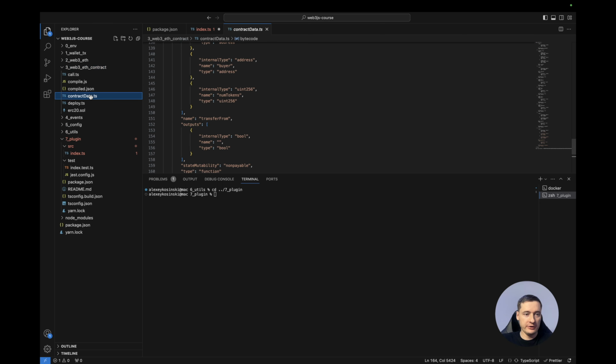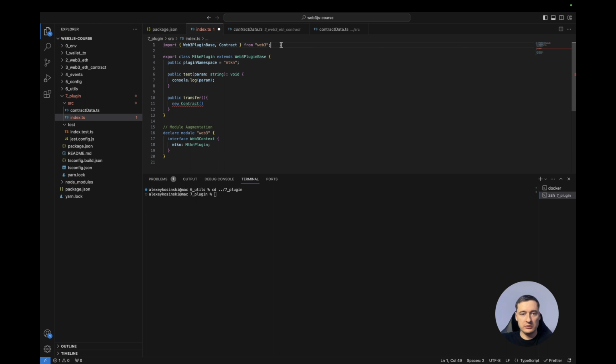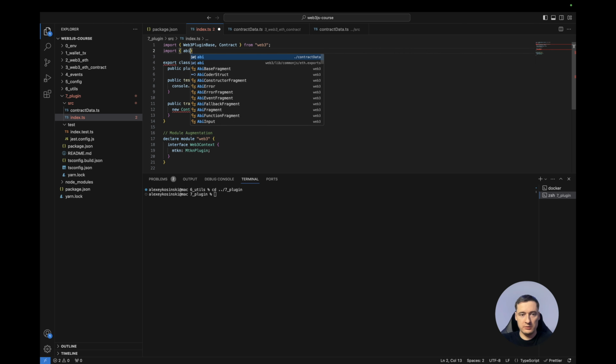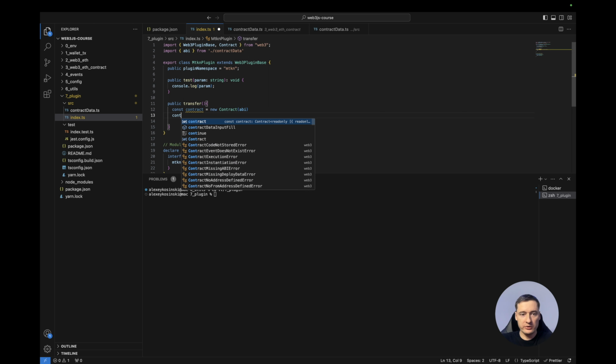and copy our contract data file to the plugin folder src here. Okay, so now we can get this data and pass it to the contract. And use the transfer method. Methods transfer